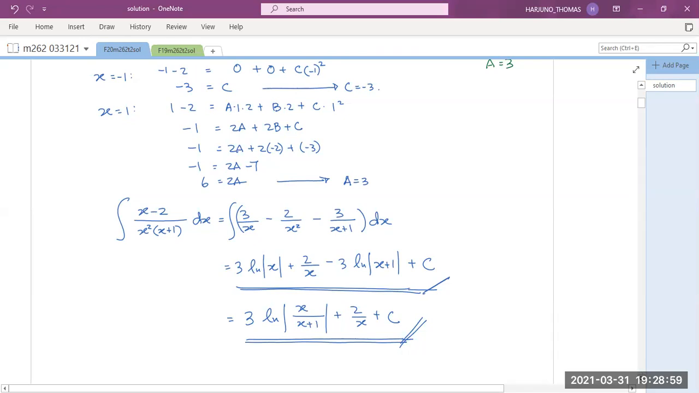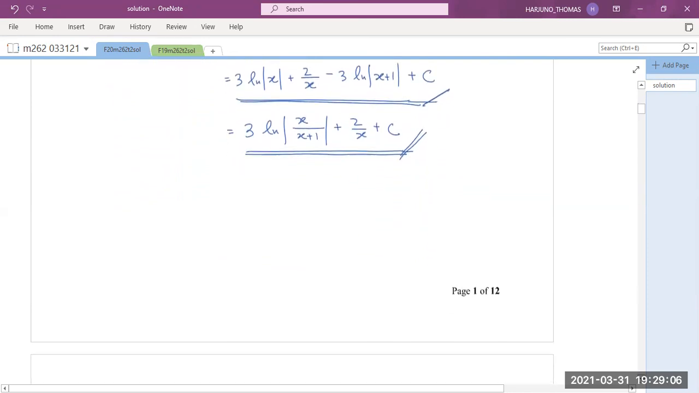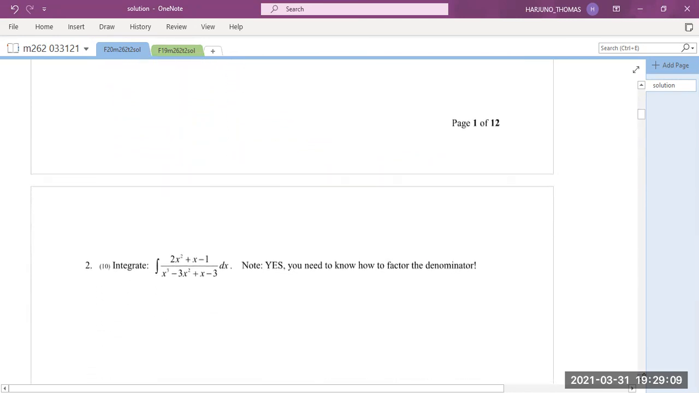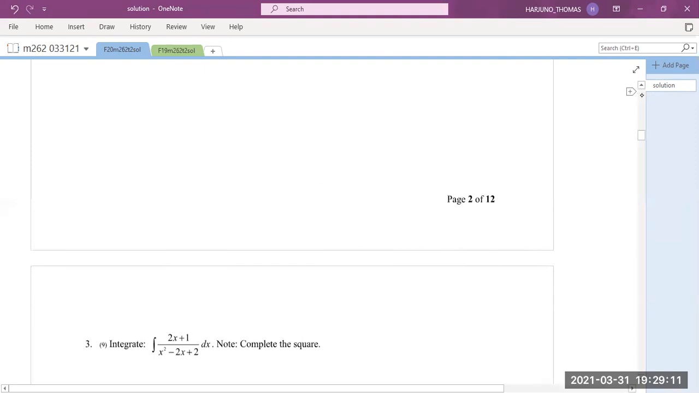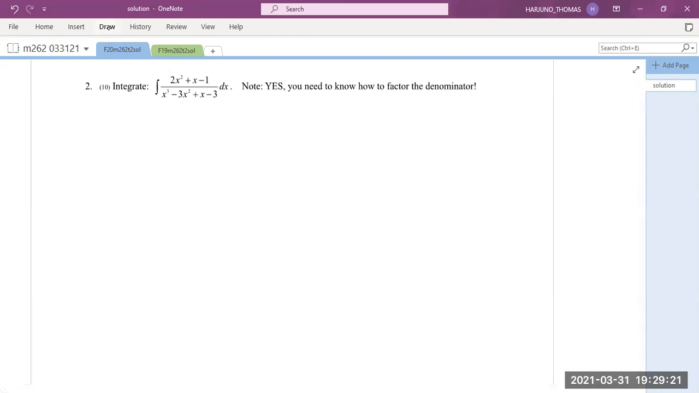Any other question you want me to do first? Otherwise, I go to question number 2. Okay, I go on instead of waiting. Partial fraction decomposition again. We have on the top, 2x squared plus x minus 1 over x cubed